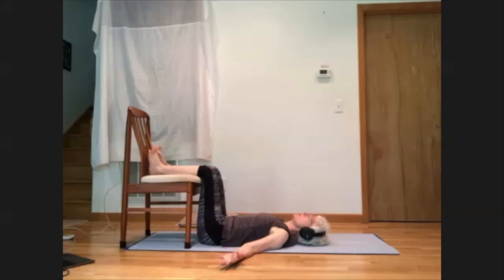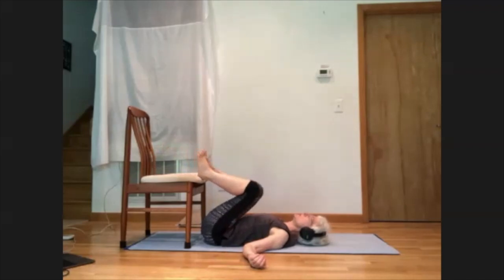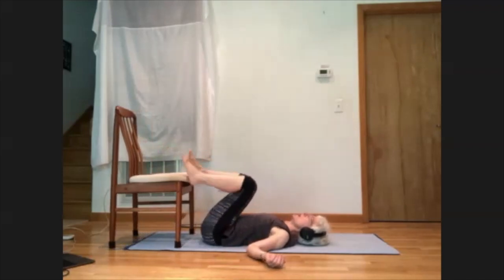Bring a little motion to the hands and the feet, maybe by wiggling the fingers and toes. You're rolling the hands around the wrists, the feet around the ankles. If you're on your belly, bend your knees so your feet come up toward the ceiling and just take a few sways of the feet from side to side. If you're lying on your back,